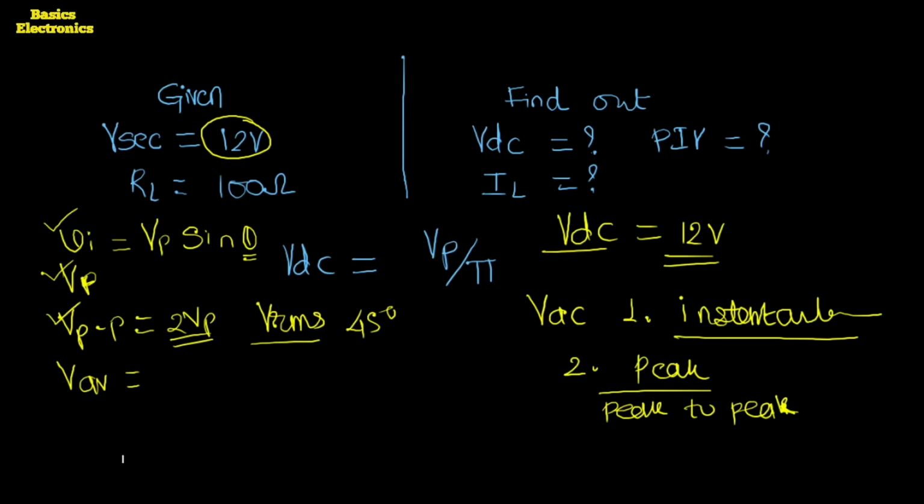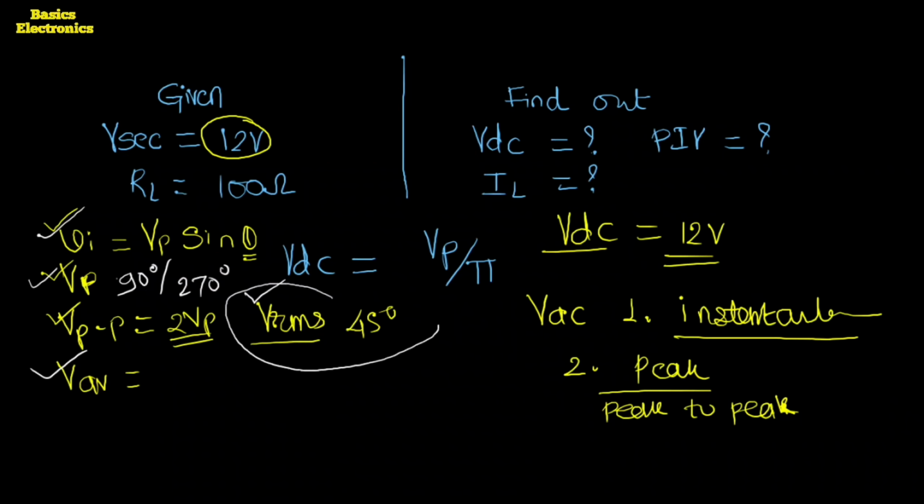Okay, so here the AC voltage, that may be a power line voltage or the output of the transformer, can be measured as instantaneous voltage. It can be measured as RMS voltage, as peak voltage, as peak to peak voltage, or as average voltage. From all this, only two values are important for us. The first one is the RMS voltage.